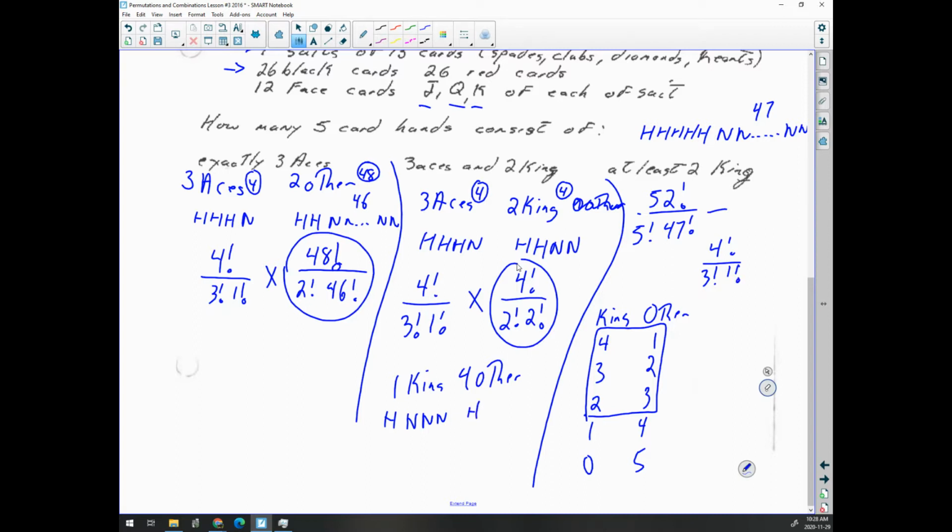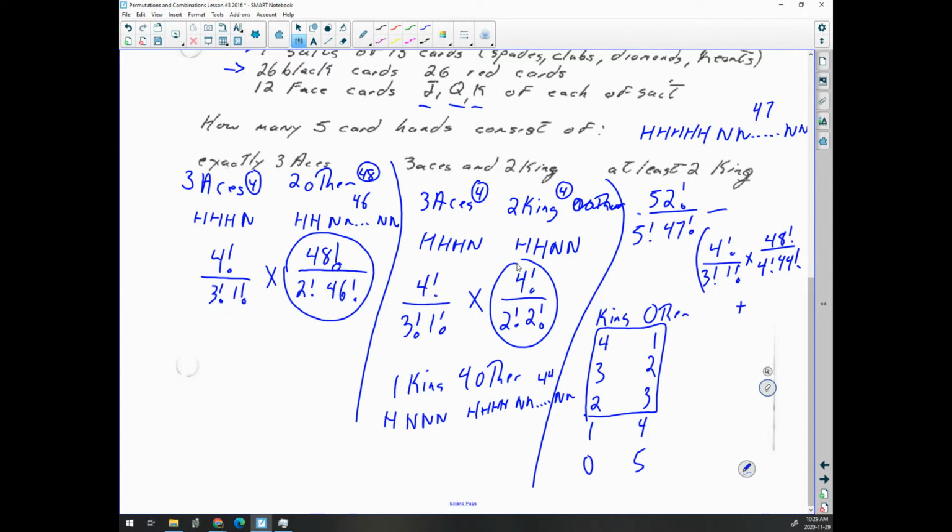We have 4 of the others in a hand, and that will leave 44 not in the hand, because we have 44 plus 4 that are in the hand plus 4 kings. That gets us to 52. So times 48 factorial over 4 factorial, 44 factorial,